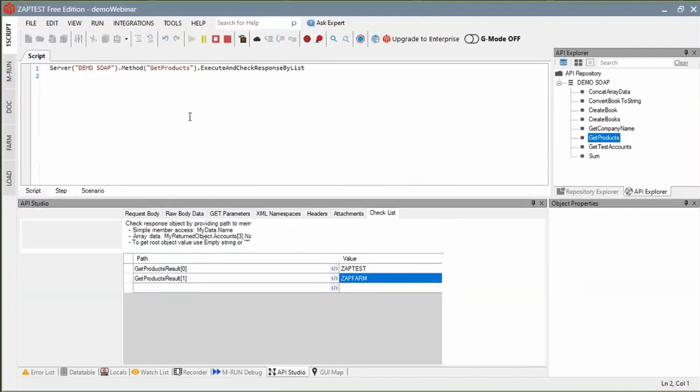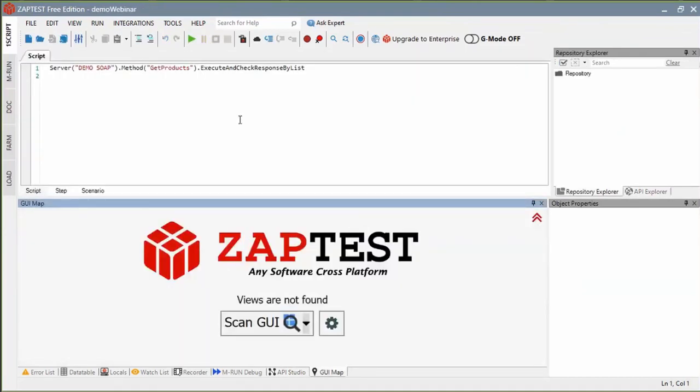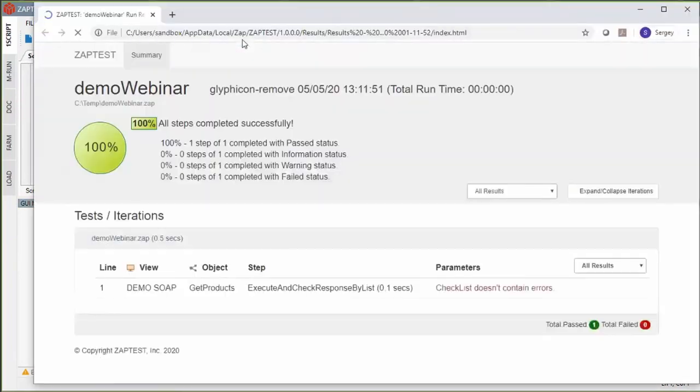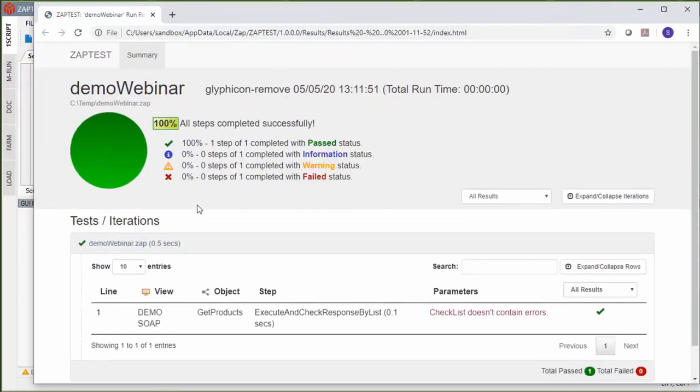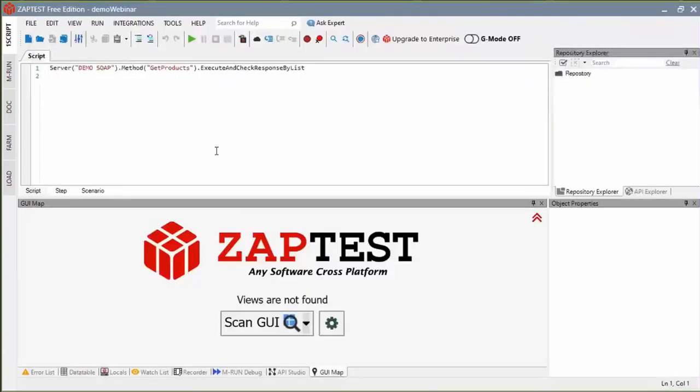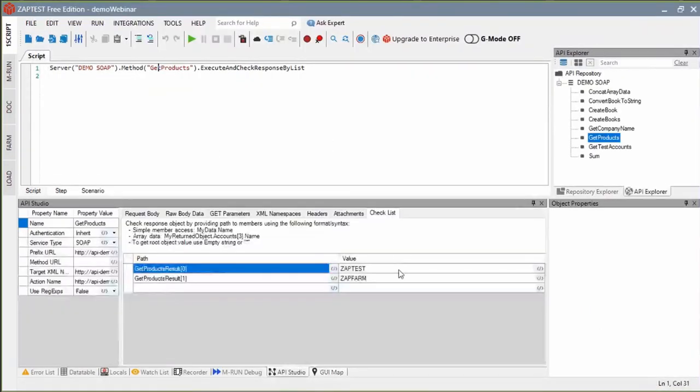And now I can run it. After the test run, I can open test results, review the list of steps and their status. Right now it's only one step, corresponding to the method that I used, execute and check response by list. Also, it reports that the checklist does not contain any errors. That means that those two elements that I provided for verification perfectly match what has been returned by the